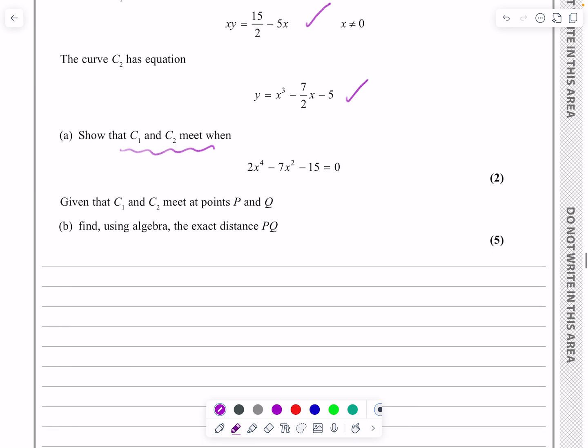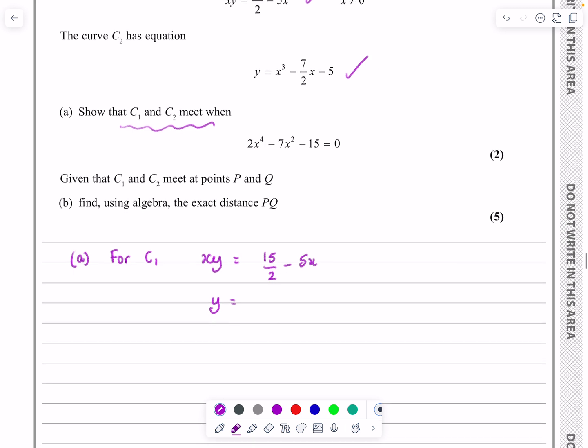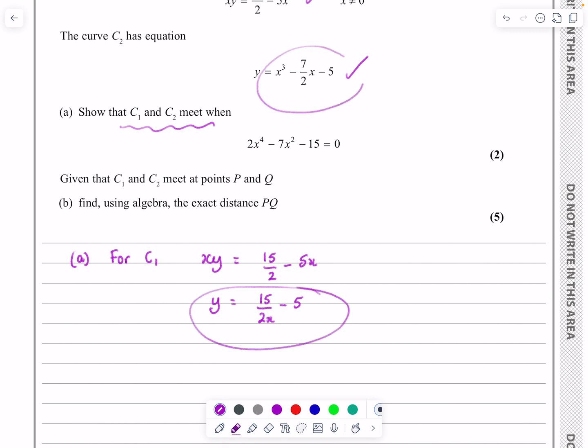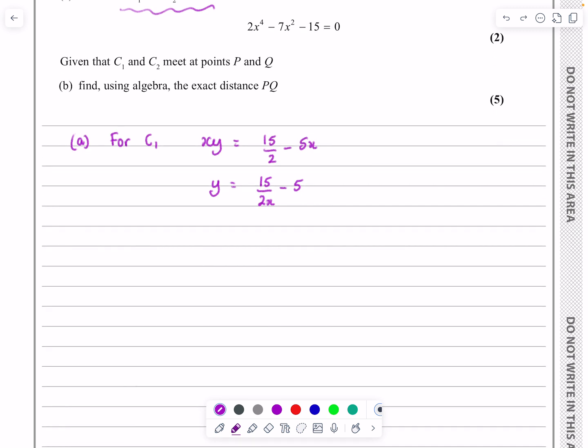So for C1, part A, I'm just going to rearrange the equation to get y equals. So we had xy is equal to 15 over 2 minus 5x. And so y is going to be equal to, I'm just going to divide everything by x here. So we get 15 over 2x minus 5 here. And then what I can say is that this y here is going to equal this y up here. Let's tell the examiner I'm doing that. So curves meet